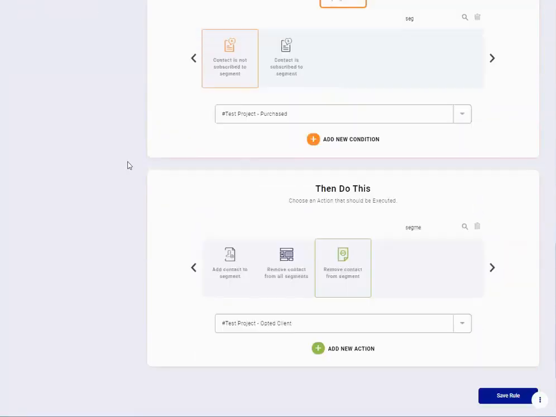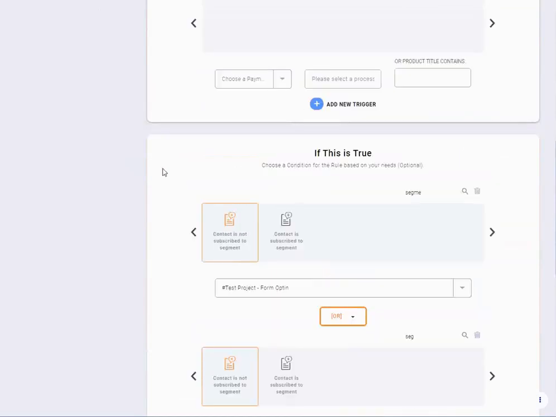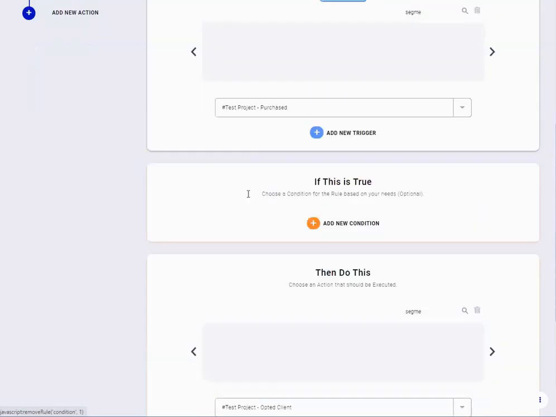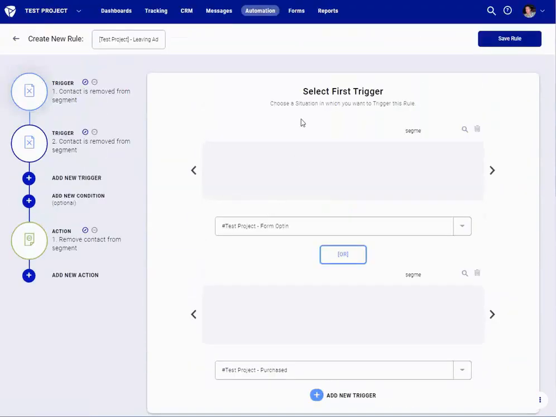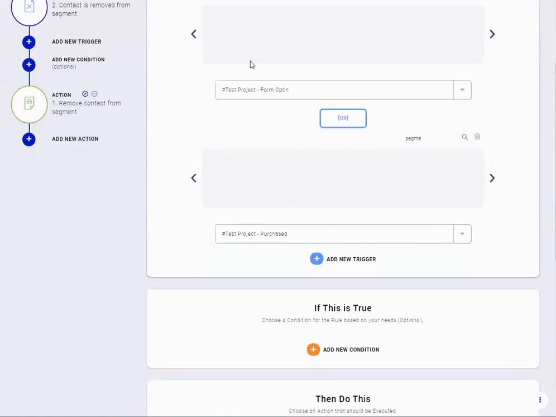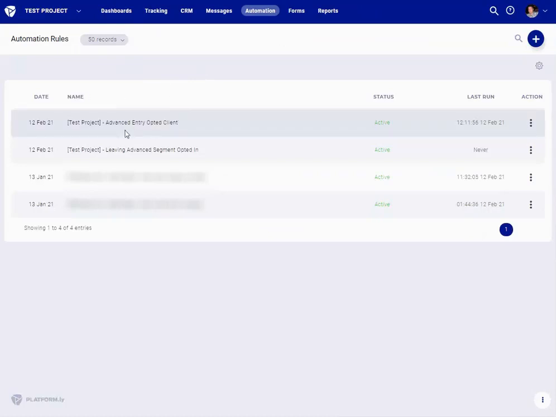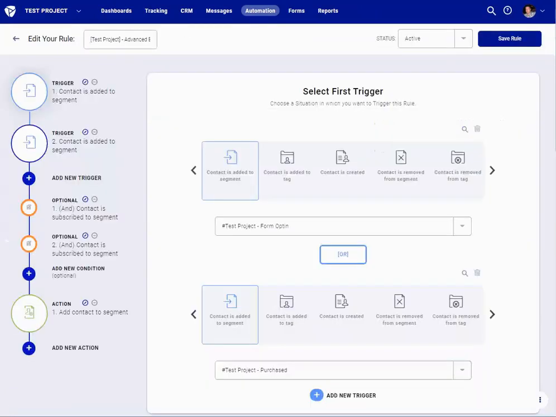And that's it. So in this case I'm just going to remove the conditions because we don't need them. We're going to clean this one and also the conditions. Okay, and once a contact is removed from the segment, this form opt-in or purchased, remove him from the client, so save. And here we have leaving advanced segment opted in.